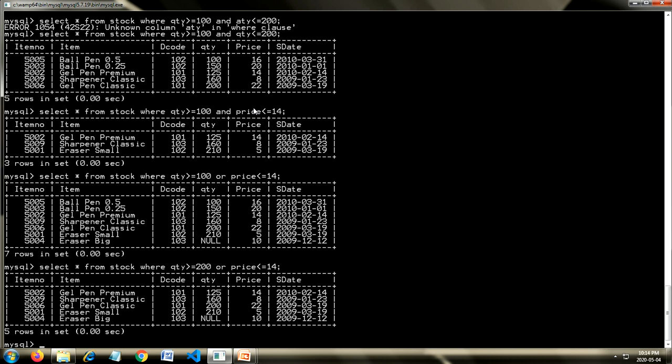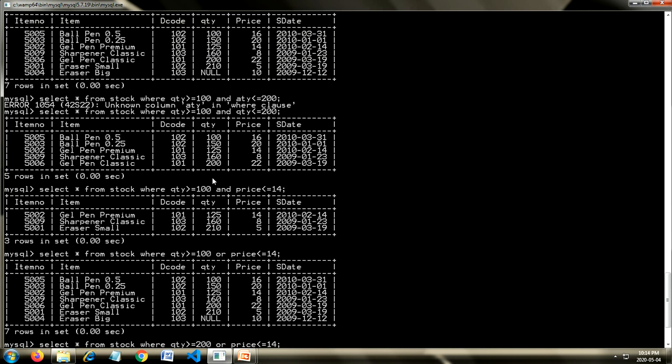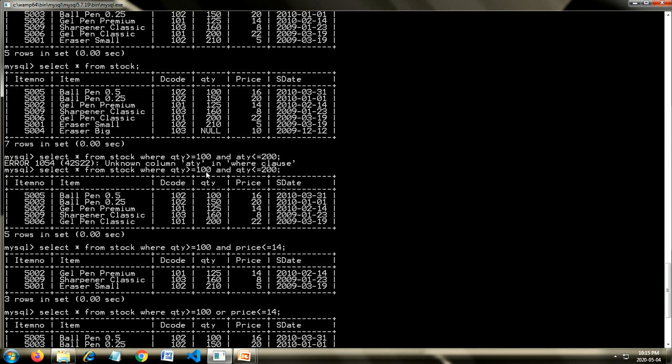OR operator is used when either of the condition is true. Suppose you have given 2 or 3 conditions. If you feel that even one of the condition is true, you want to show the result, you can use the OR operator. Whereas NOT shows you the reverse.